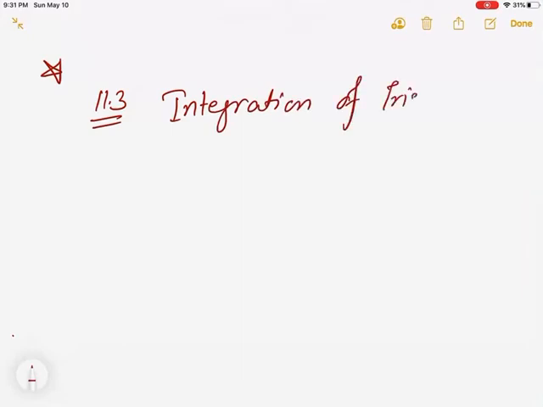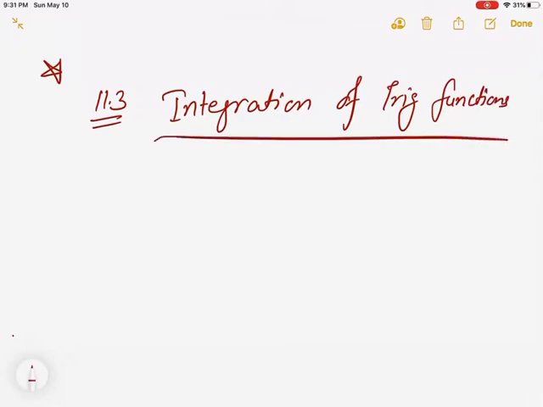Hello everyone. So today we're going to be learning about section 11-3. So it's still integration of trig functions. Trig functions. So again, make sure you have those rules handy because we're going to be using those in order